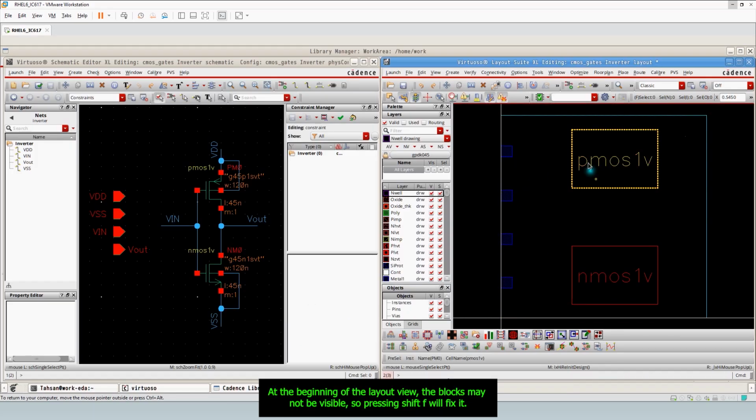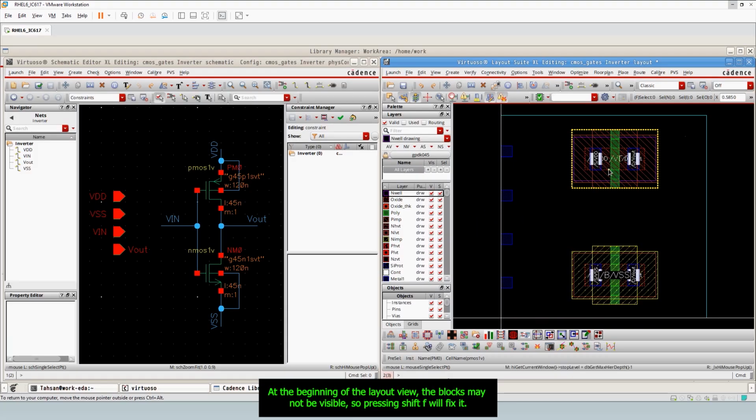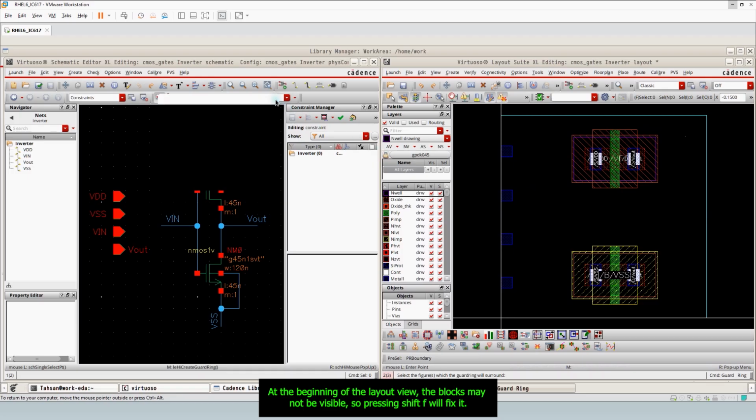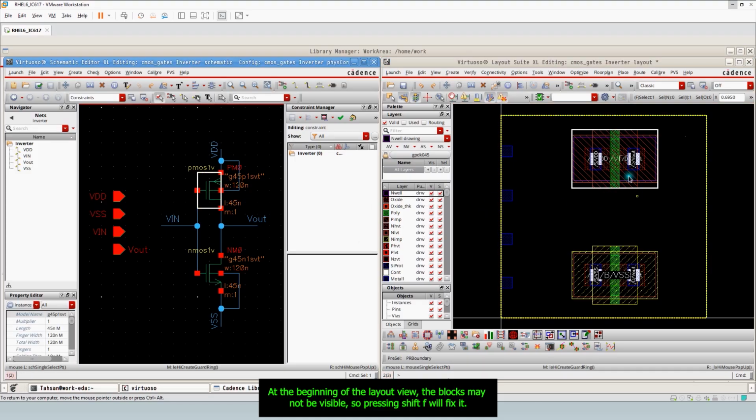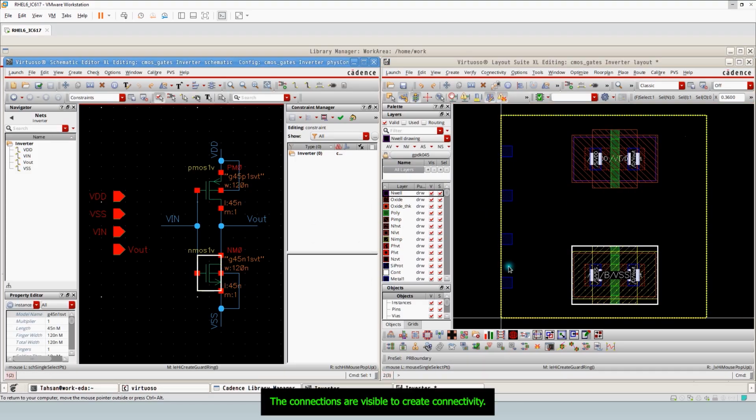At the beginning of the layout view, the blocks may not be visible, so pressing Shift F will fix it. The connections are visible to create connectivity.